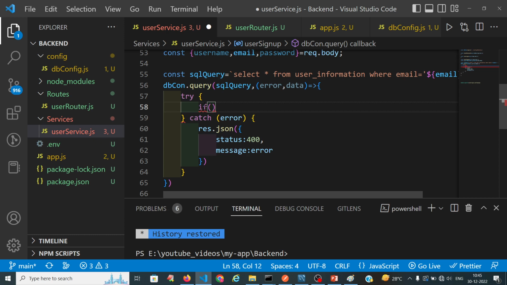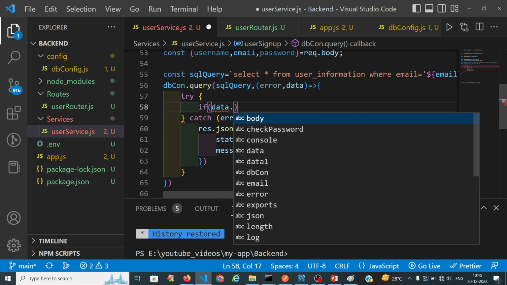If we get any data, the data length should be greater than 0. If we are not getting any data, the email is not present in our database, so the data should be empty. So I am checking with data.length